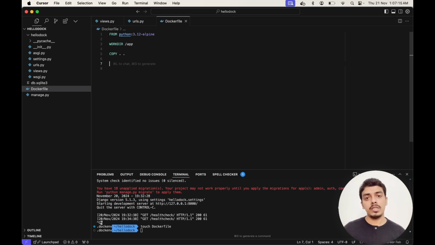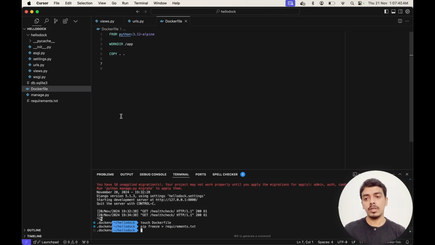Now we still need to install packages, and for that we need to have a file with the packages. So if you are a little familiar with Django, you know that we generate a requirements file with pip freeze requirements.txt. Okay, so we have the requirements.txt here now. So we are just going to say run pip install -r requirements.txt, and then